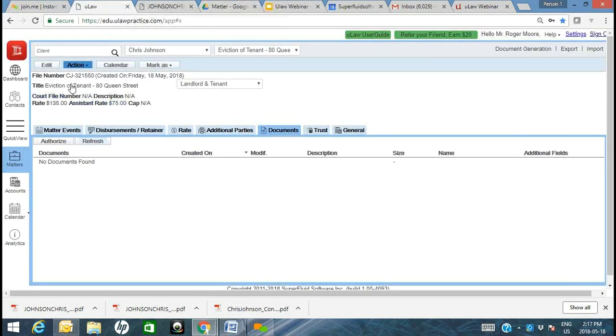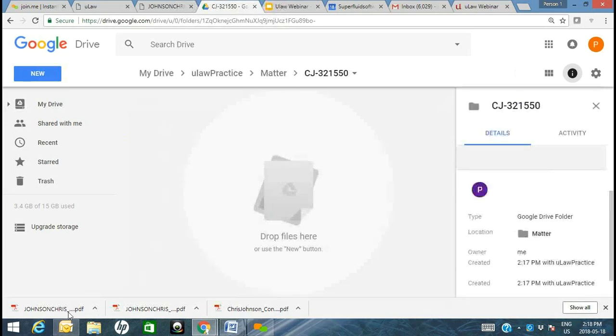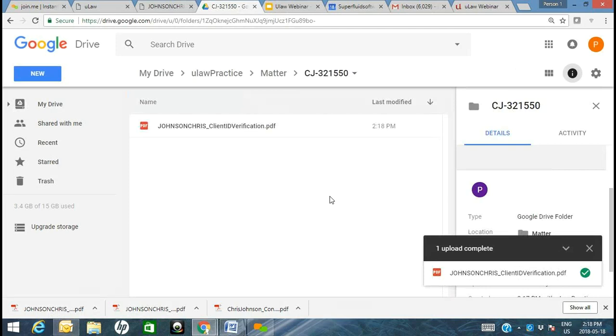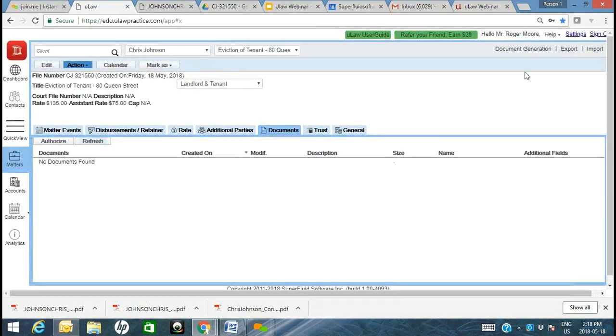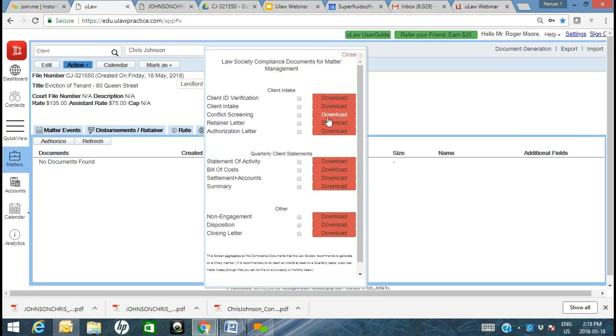So let's look at the file number, C21550, and there it is. So kind of drag and drop that particular document that I just saved into my local computer. And likewise, you can start generating all of the client intake documents. So here's a client intake form,